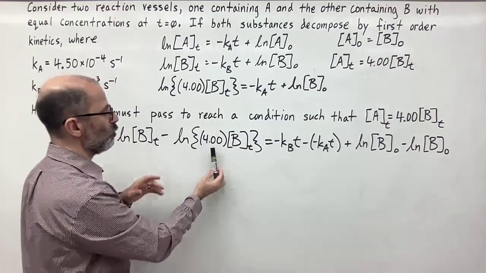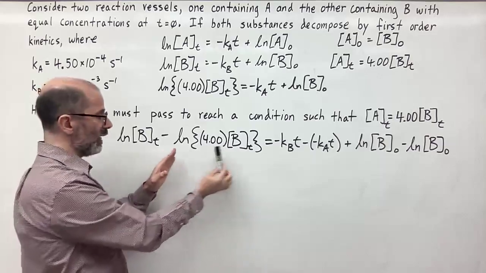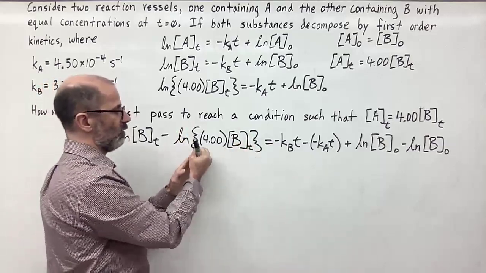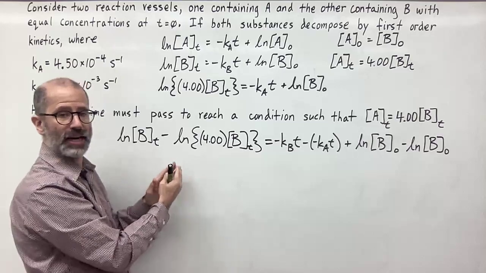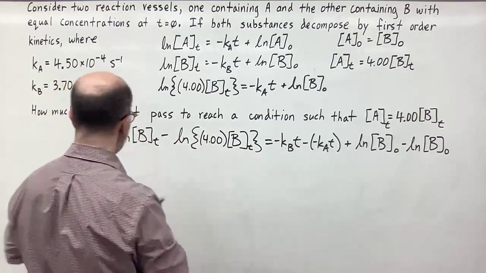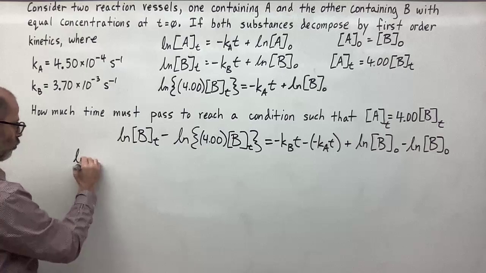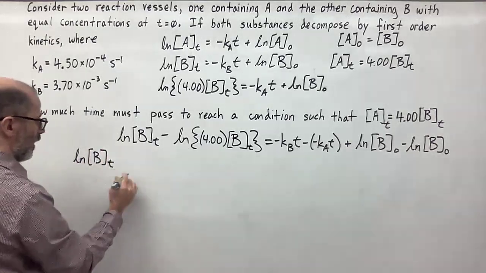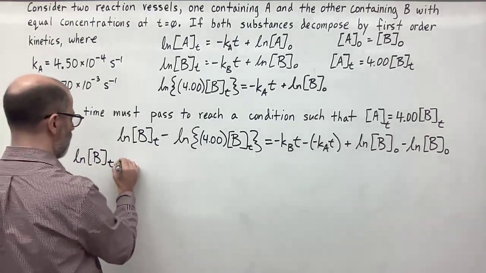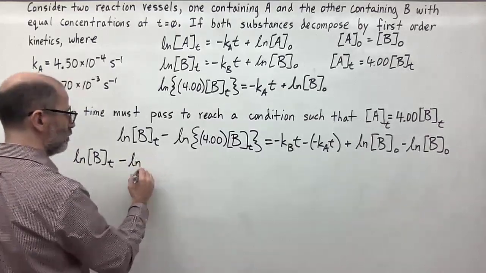So whenever you multiply two things together within the argument of the natural log, you can separate those and you can have the natural logs added together. So let me show you what I mean. So I'm going to have the natural log of the concentration of B at time t here minus the natural log